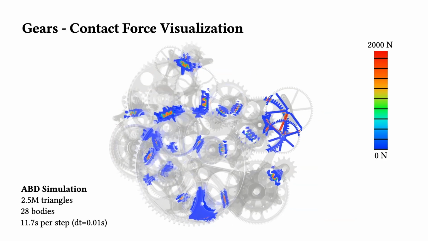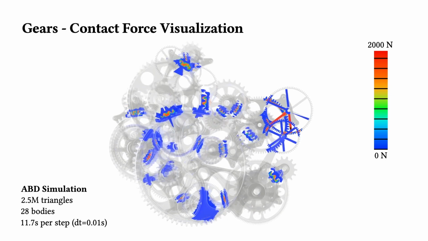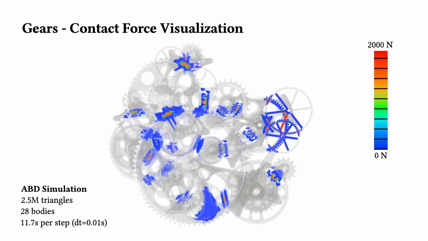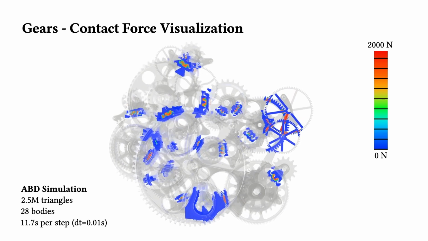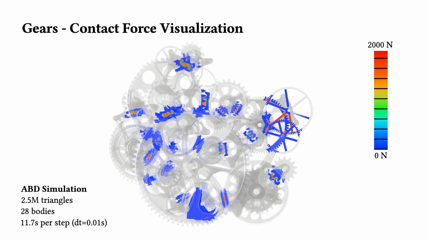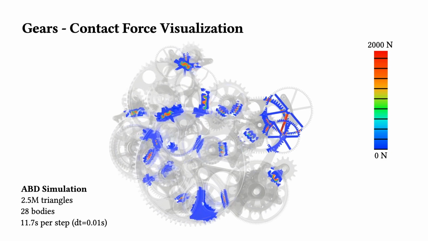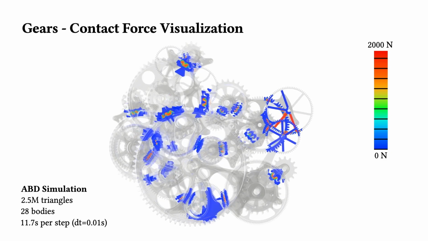With the torque applied to this actuated gear driving the motion, we're able to directly visualize the magnitudes and locations of contact forces. This again highlights the challenge of this example, which can't be simulated by either rigid IPC or Bullet. Next, let's consider a side-by-side comparison between ABD and Bullet.